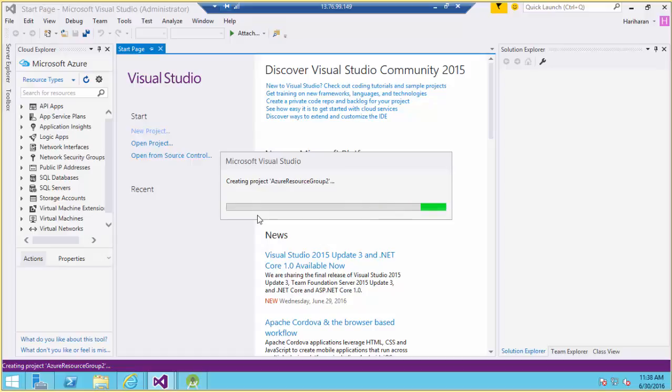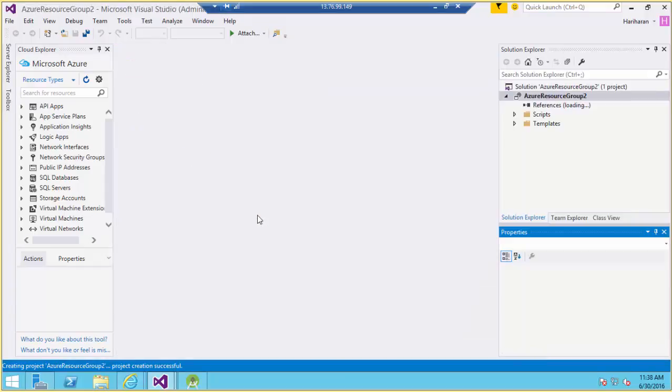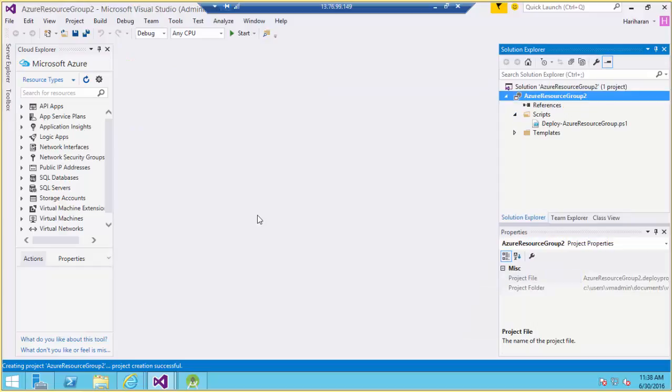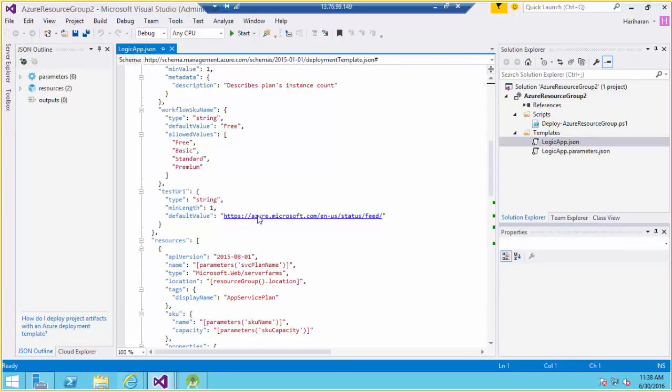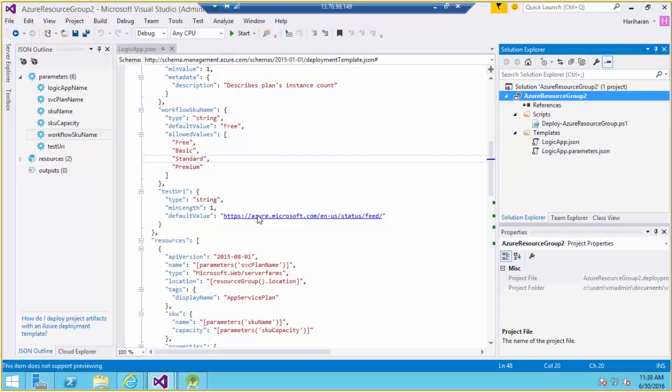Here it is going to show some different folders where we can see that JSON script. If you have a JSON script, then you can copy paste here and you can have your own logic app. And from this Visual Studio you can publish to your Azure subscription. If you expand this, we have a script based on PowerShell and we have a template. LogicApp.json is a script based logic app. Here you can place your own JSON scripts. We have one more parameter file. If you are using any parameter inside this, then we have to define the parameter in this parameter.json file. Once you have done, then you can right click this and you can publish,